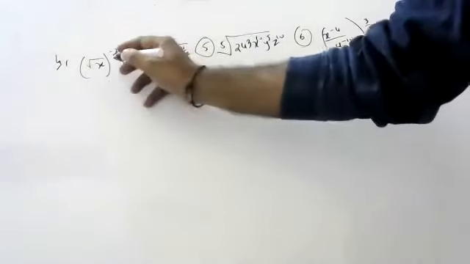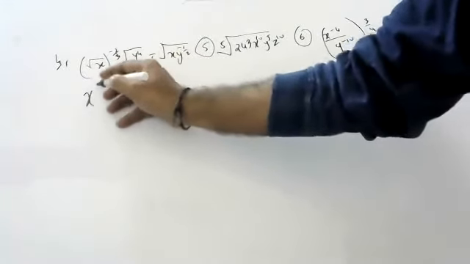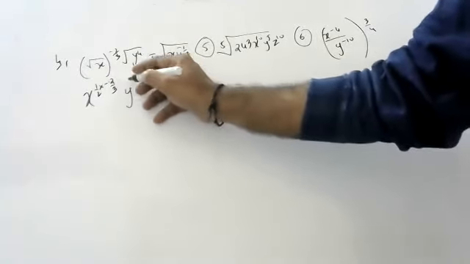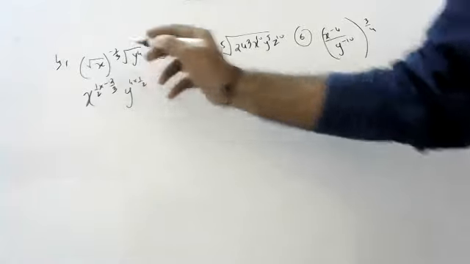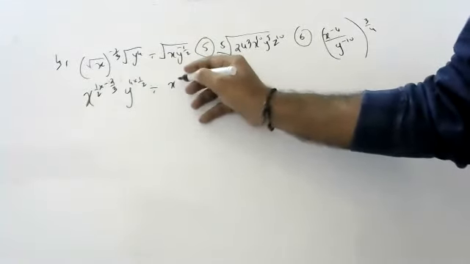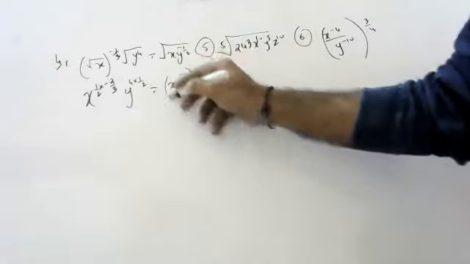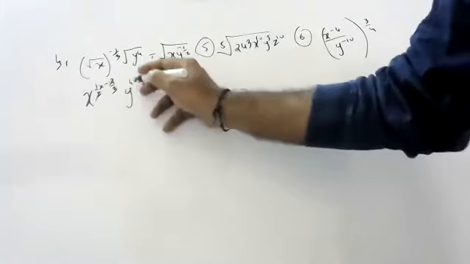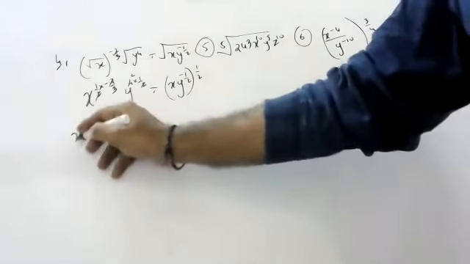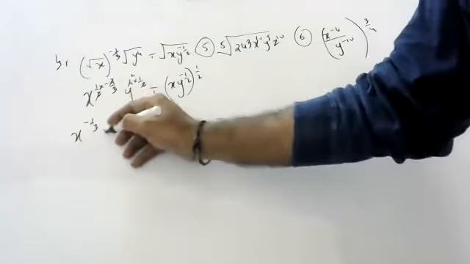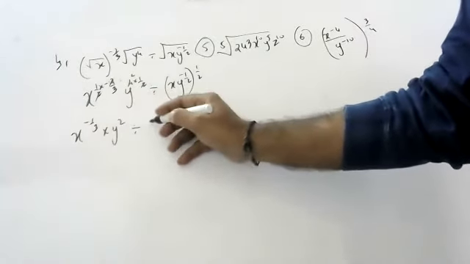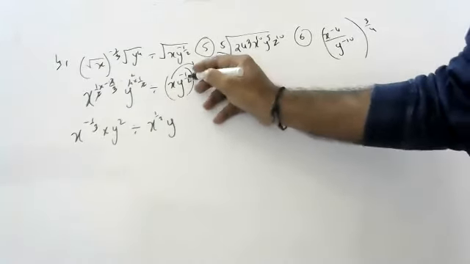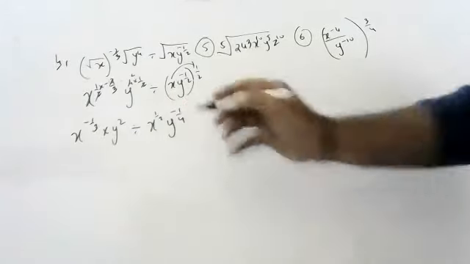X to the power of 1 by 2 into minus 2 by 3. Y to the power of 1 by 2 into 4. 1 by 2 is root, okay. Divided by xy whole to the power minus 1 by 2, into 1 by 2. X to the power of minus 1 by 3, y to the power of 1. Okay. X to the power of 1 by 2, y to the power of minus 1 by 2 into 1 by 2, minus 1 by 2.